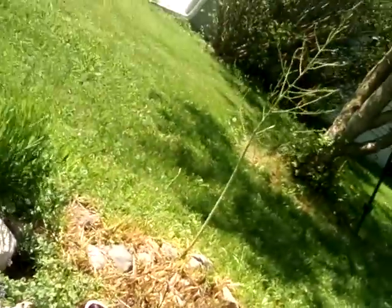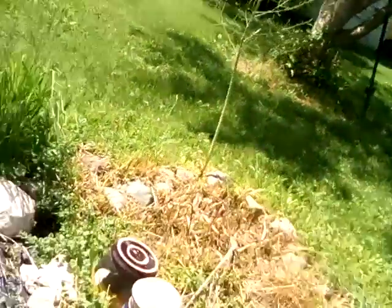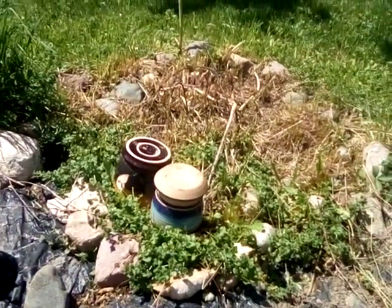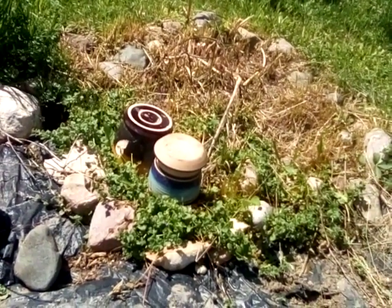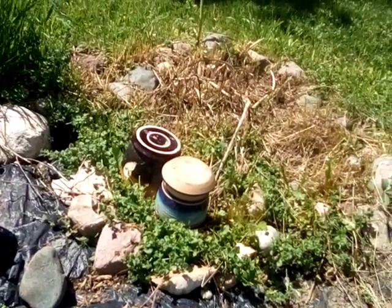Now that I've already harvested one set of that, this one I'm going to let go to seed. I'm going to collect the seeds. I'm going to try and make that whole corner right there that's rocked off. I'm wanting to make all that whole corner. I'm working on it. The weeds are taking over though. But I'm working on getting that completely,